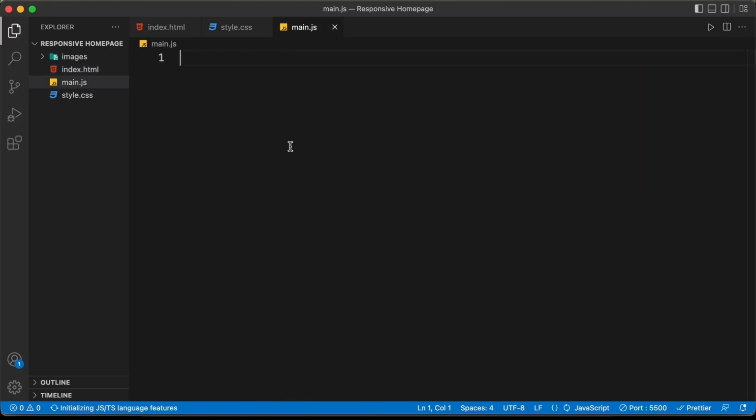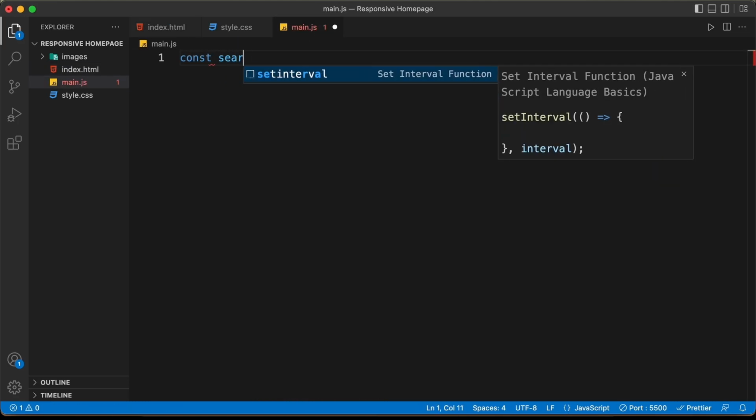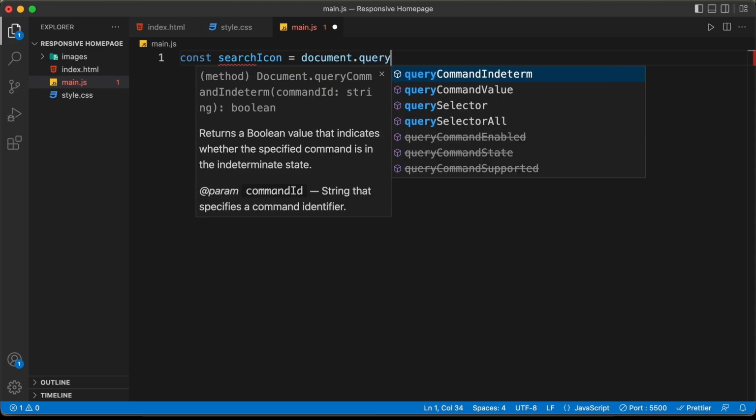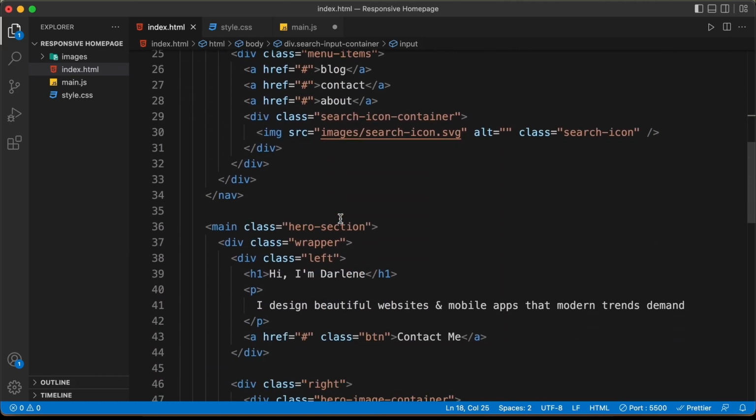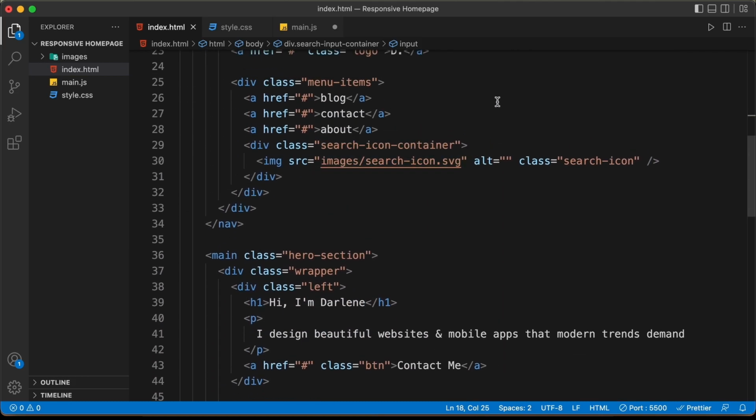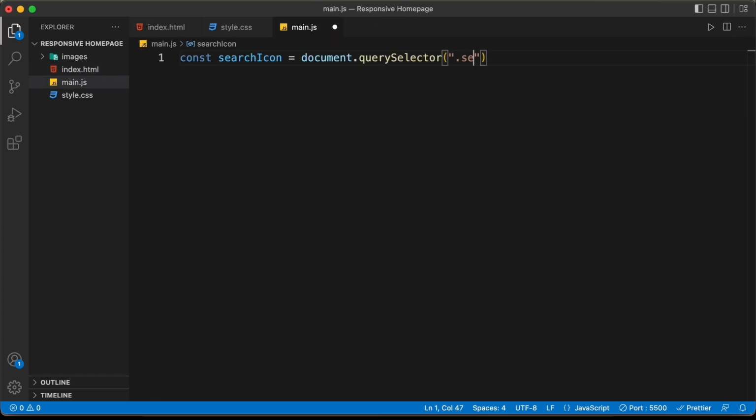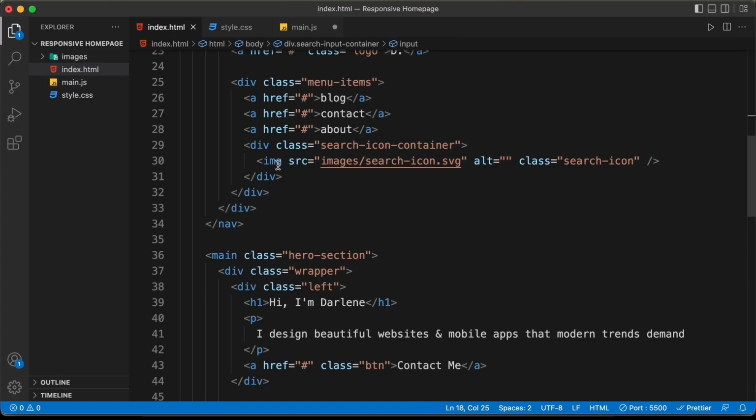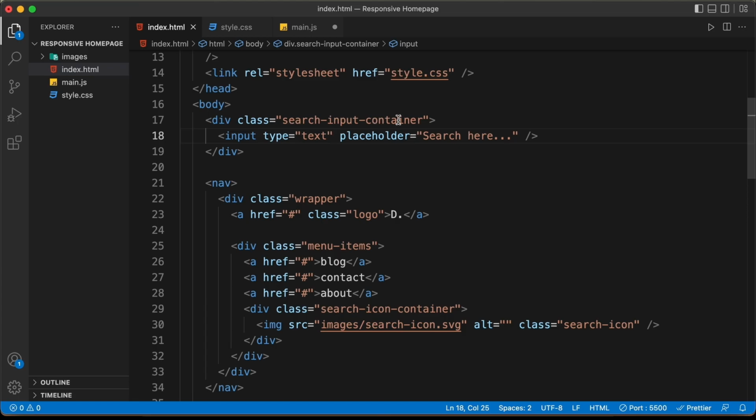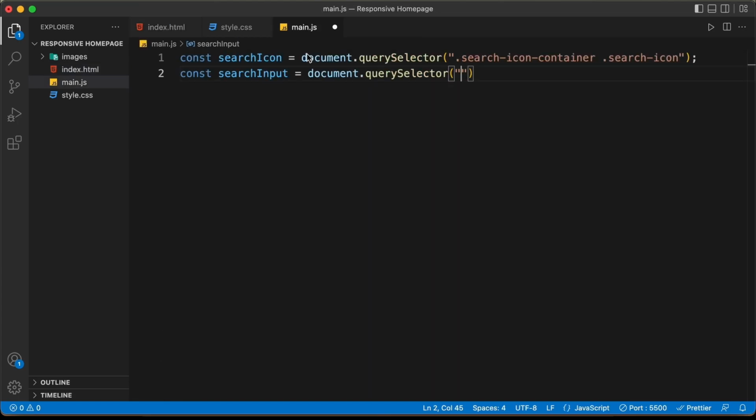So let's go to our main.js file, and let's type const searchIcon equals document.querySelector, and we have the search icon inside this division with the class of search-icon-container, and in that we have the search icon. So let's type .search-icon-container searchIcon, and now let's select the input. So let's type const searchInput equals document.querySelector, and let's go back to our HTML, and here we can see we have the search-input-container, and in that we have this input. So let's type .search-input-container input,